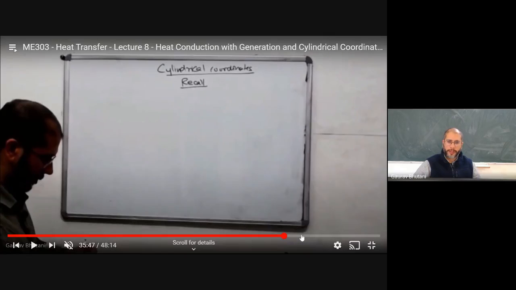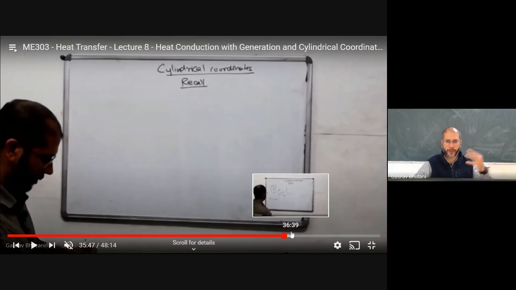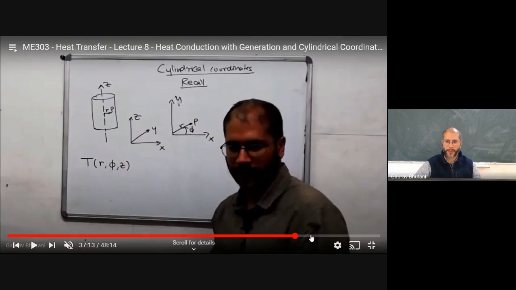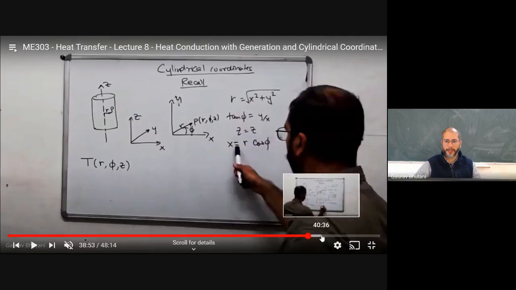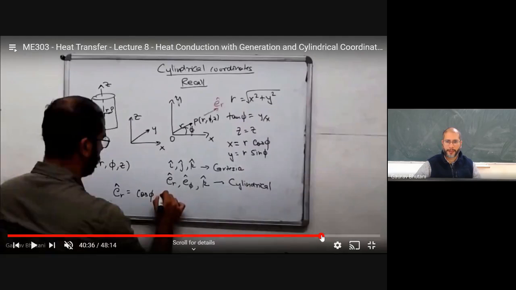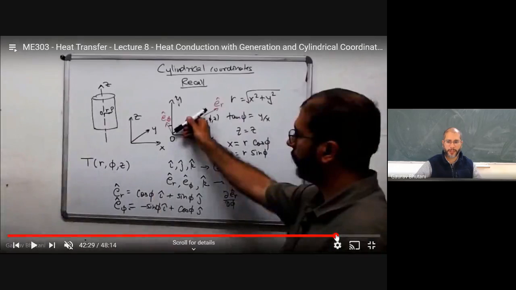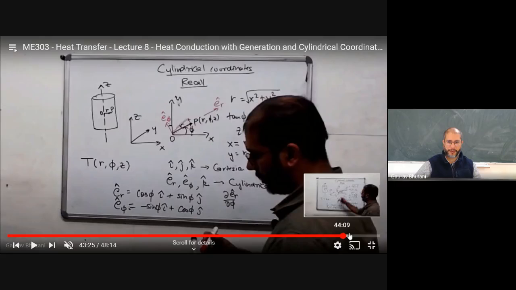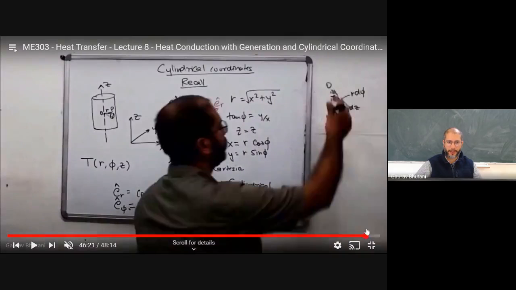That's when we moved on to cylindrical coordinates, because we said that it's very important to have an understanding of cylindrical and spherical coordinates, especially cylindrical ones, because we deal with wires, ducts, pipes, etc. a lot, and we insulate them. So we must understand the heat conduction through these symmetries. We then recalled the r, phi, and z coordinate system. That's a cylindrical coordinate system. The unit vectors in those directions and how the unit vectors change as phi changes. So just a quick recall as to what we did.